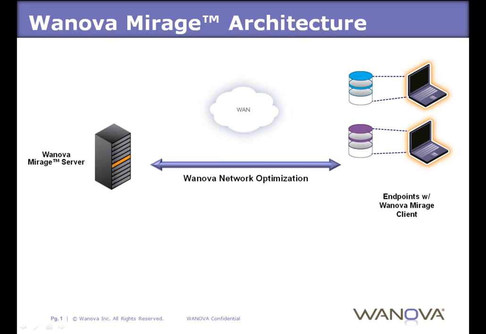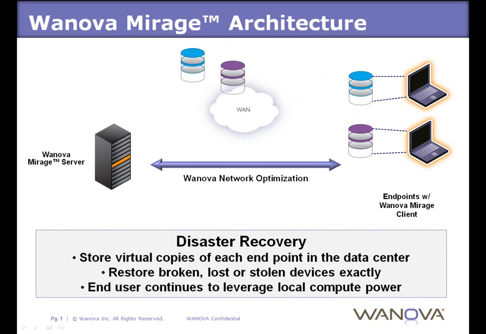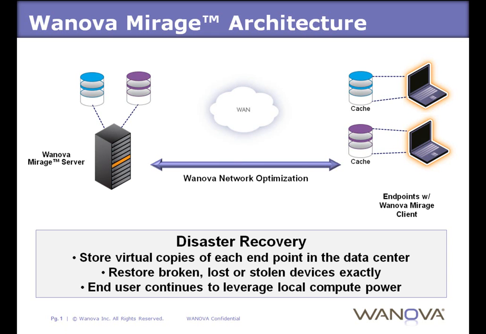Getting started with our presentation here, you can see our general architecture, and what this depicts is basically two sides of the Wanova solution, the end users on the right and the Mirage server in the data center on the left. In terms of end users, what we're really adding is disaster recovery, and we do that by storing virtual copies of each endpoint in the data center. This really enables IT to restore a broken, lost, or stolen device to its exact working state, which means minimal